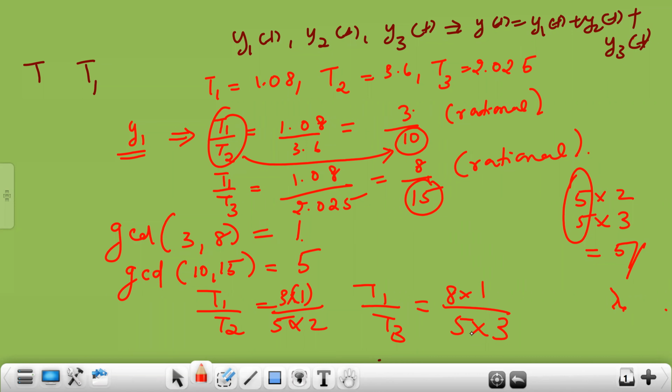Now we are going for the last step, that is the LCM of the denominators. When you see the newly arranged fractions, the denominators, what are the terms involved there? You have 5, you have 2, and you have 3. So you have to find the LCM of 5, 2, 3. What is the LCM of 5, 2, and 3? It is 30.